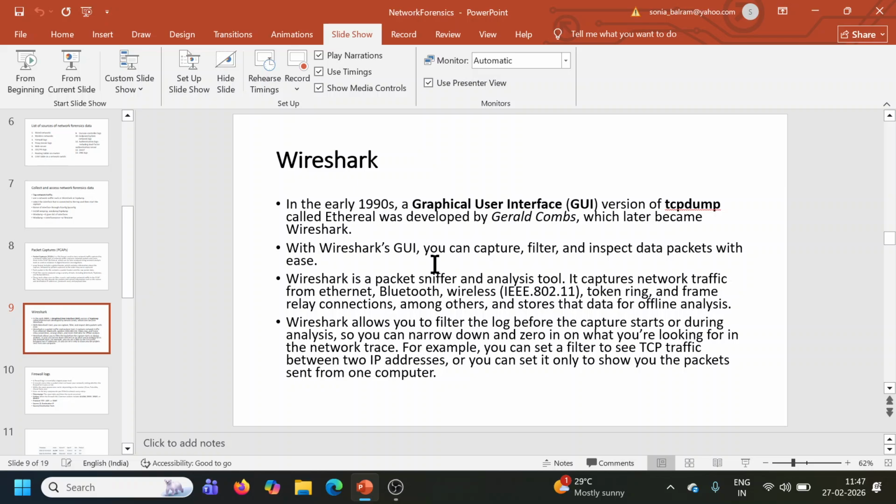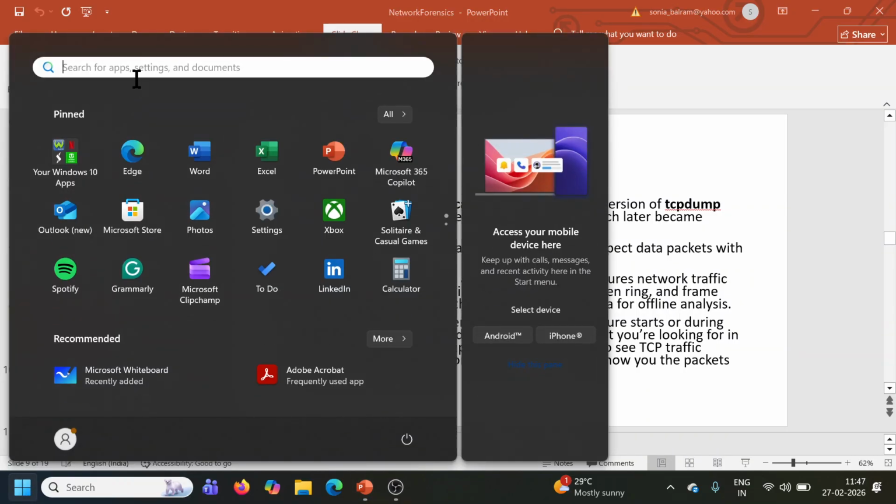I'll also just show you how we can. I've installed it and